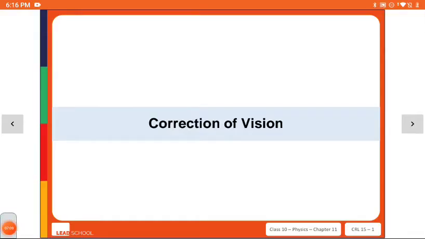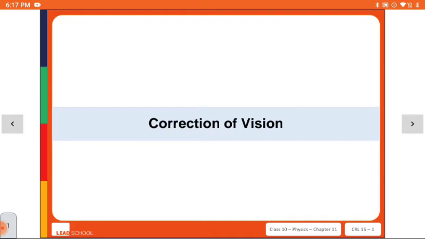So students, in this video we have learned about how a presbyopia defect occurs. Presbyopia is a defect due to age or weakness in the ciliary muscles. So the adjusting or focusing power is decreased, that's why objects are not seen clearly and the image is not formed on the retina. In this case we use convex as well as concave lens, bifocal lens to help correct the